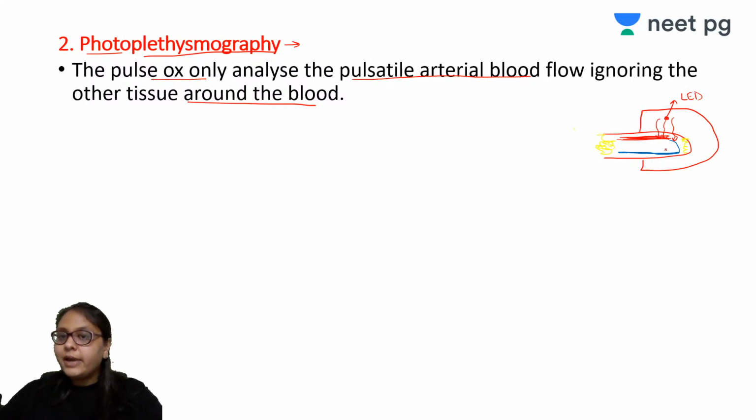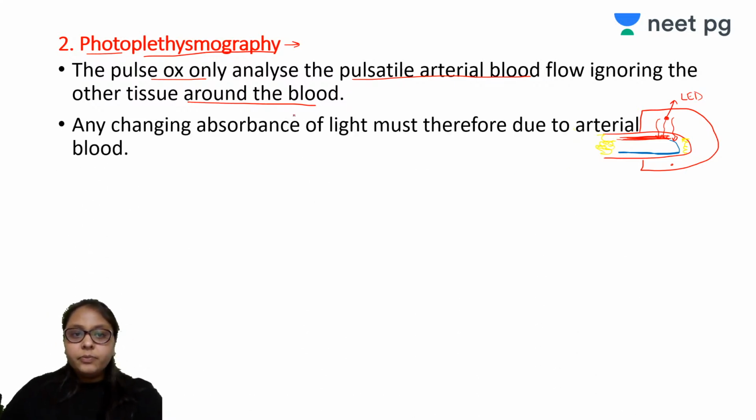so that can give us the false value। मगर पल्स ऑक्सीमेट्री में क्या होता है कि it analyzes only the pulsatile blood flow, जैसे जब हार्ट बीट होता है, so there is sudden flow of the pulsatile blood, only that pulsatile blood will be assessed by the pulse oximetry and it will give us the SpO2 level, okay. So क्यों, क्योंकि जब pulsatile blood flow होता है it absorbs more light and therefore it must be due to